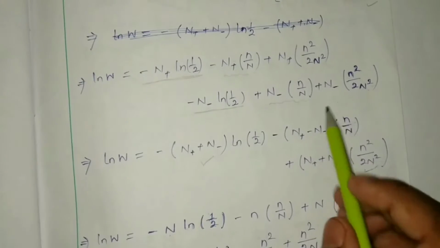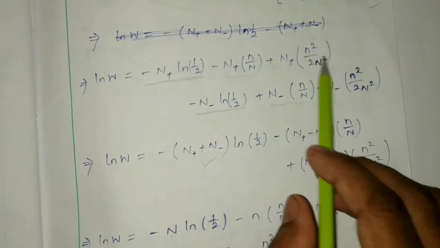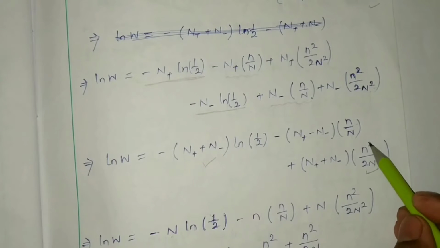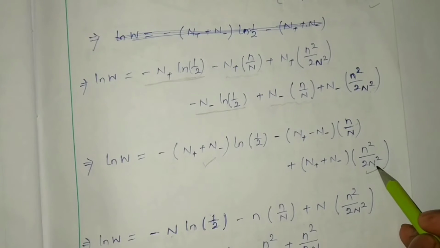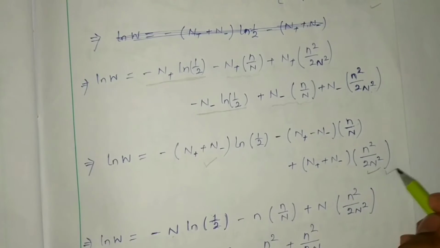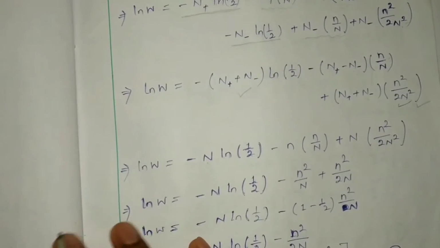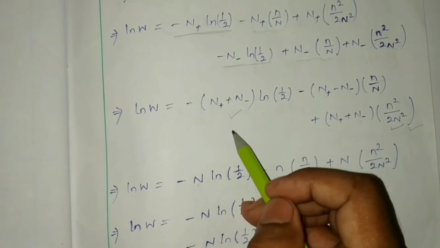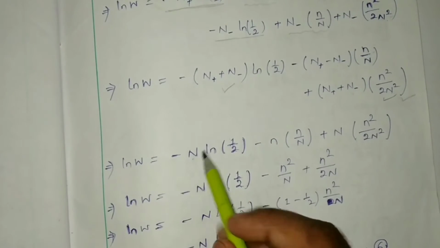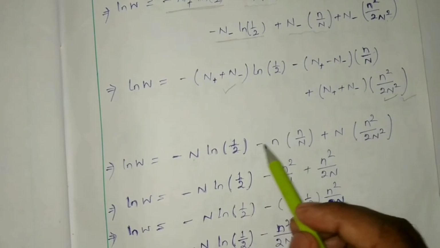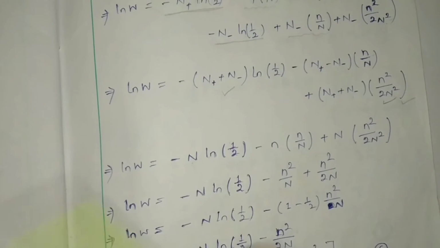Now from these two terms take common n square by 2 capital N square, we get n plus plus n minus. Here we know that n plus plus n minus is how much? Capital N. So minus capital N ln 1 by 2 minus here